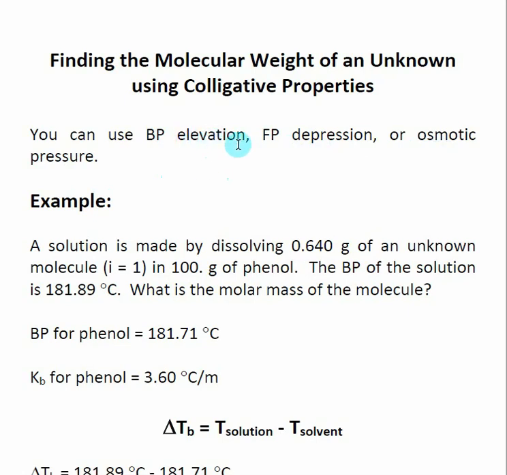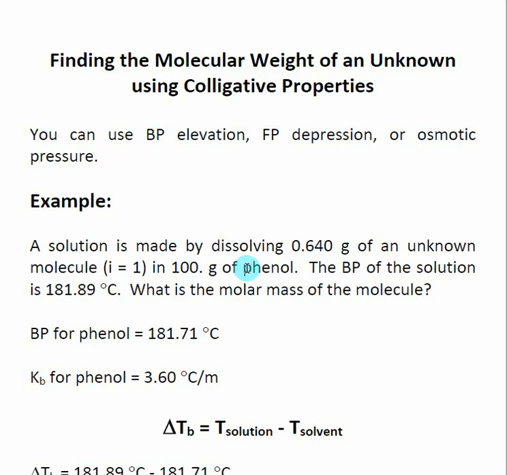We're going to be looking at the boiling point elevation, but once we understand the steps, you could apply this easily to a freezing point depression. So here what we need is a solution, and we're taking a certain number of grams of our unknown. We know how many grams of the unknown we're putting in, and we have to assume that the i value is equal to 1. We don't know what the unknown molecule is, but we know that it's not a salt, so we assume that the i value is equal to 1.